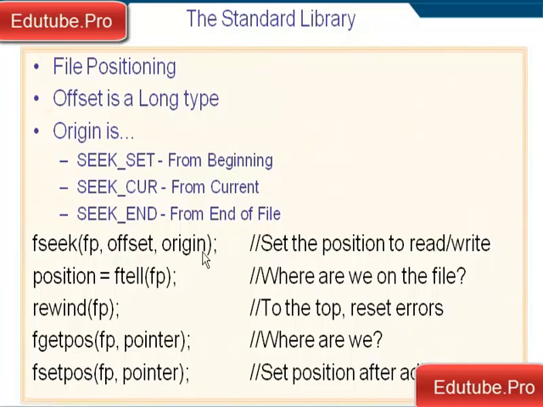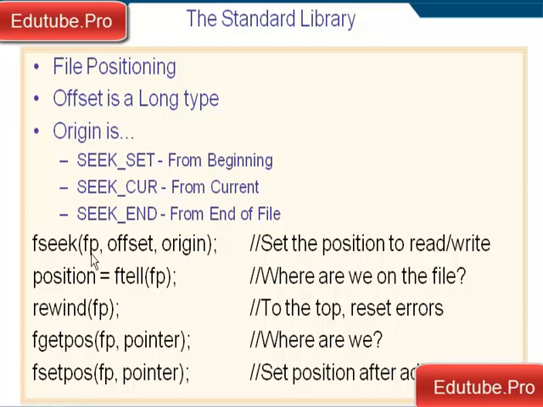This origin value, you remember seeing this from our seeks that we had earlier when we talked about file handling. SEEK_SET is from the beginning. SEEK_CUR is from the current file position, and SEEK_END is from the end of the file backwards. Fseek, here's the file pointer, the long offset value, and the origin. So that sets our position based on the origin, the seek set, current or end, and the offset